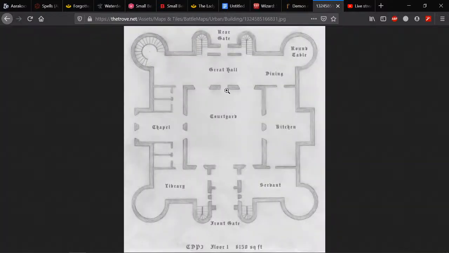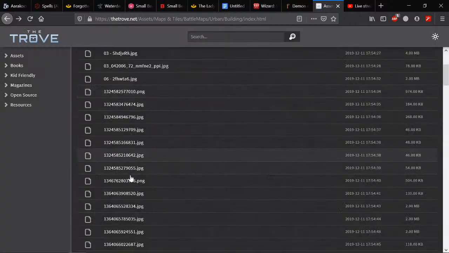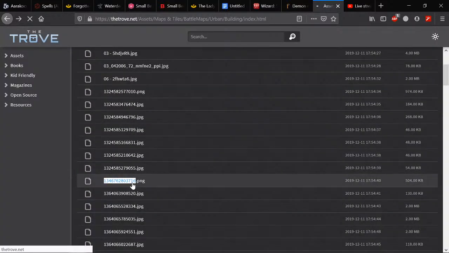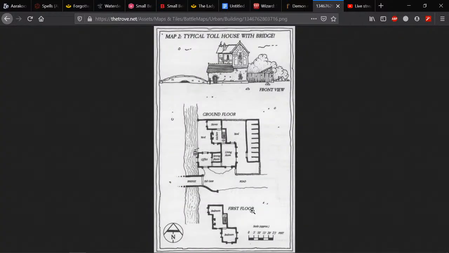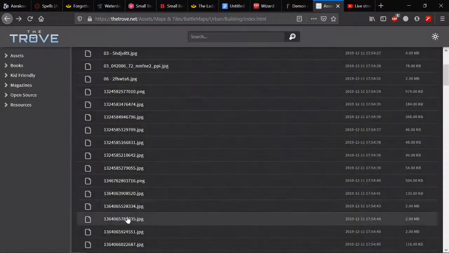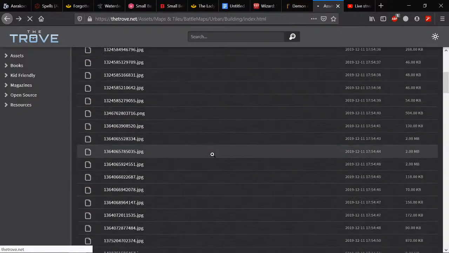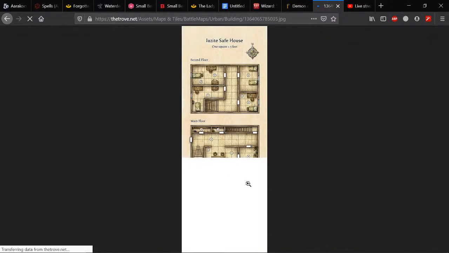See, that's cool, but it's probably a bit grandiose for what I need. I'm just skipping through these, don't worry. Toll House. That's a cool little map. I don't need that. Safe house. So this is probably